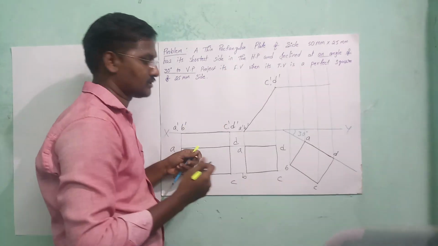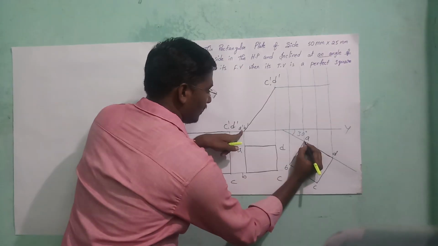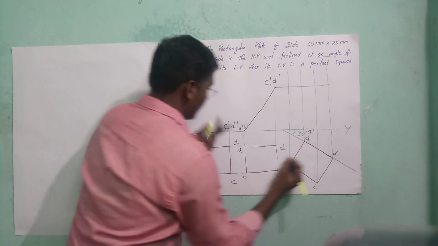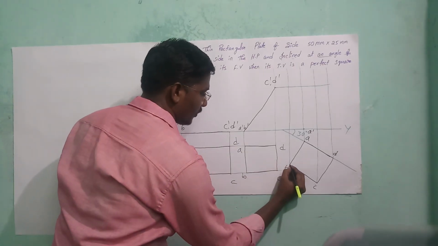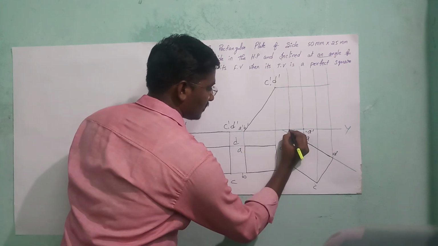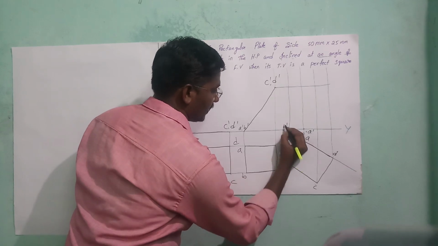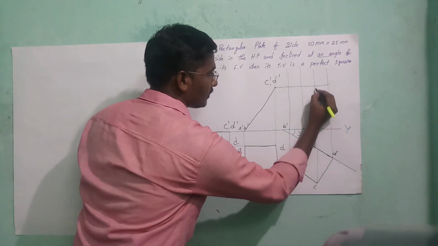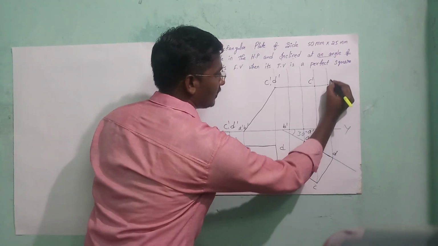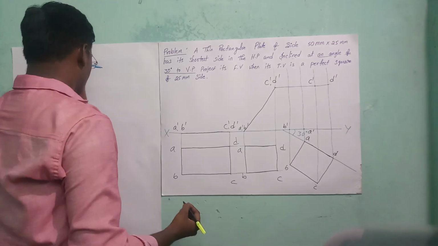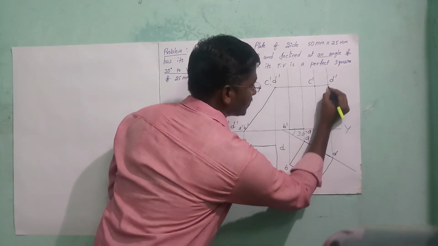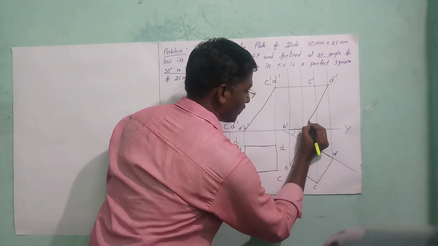Now coincide the points. Look at here. This is the point A and A dash. Now this point will be A dash. Next, look at here. This is the point B, and B it is B dash. Now this was the point B dash. Next, C dash. This is the point C dash. D and D dash. Now this is the point D dash. Now what we have to do after that? We need to join all those points with the help of the scale.